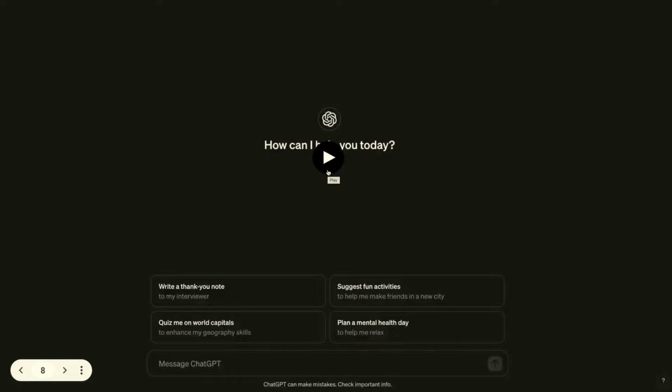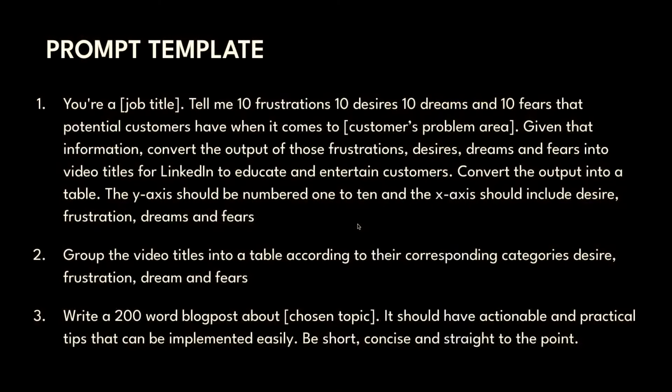Cool. So that was a quick demo on how to find topics to talk about. So now you can't have the excuse anymore, oh, I don't know what to say on camera, because ChatGPT can do the heavy lifting for you. Let me show you the prompt here. If you want to take a photo or a screenshot of that, feel free to, or you can go back to it later on the live stream. I'm just going to leave it up for a few seconds.